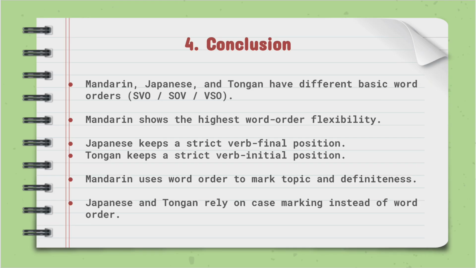To conclude, our comparison shows that the three languages display very different word order systems. Mandarin is flexible, Japanese is verb-final, and Tongan is verb-initial. Mandarin varies word order to express topic, definiteness, and information structure, while Japanese and Tongan rely more on case marking to show grammatical roles. And overall, transitive and intransitive verbs clearly show each language's strategy for organizing